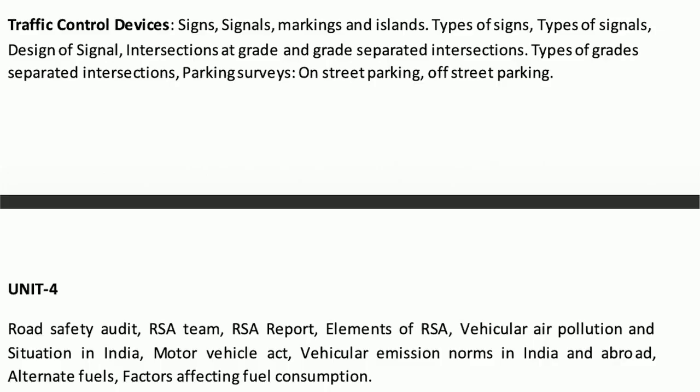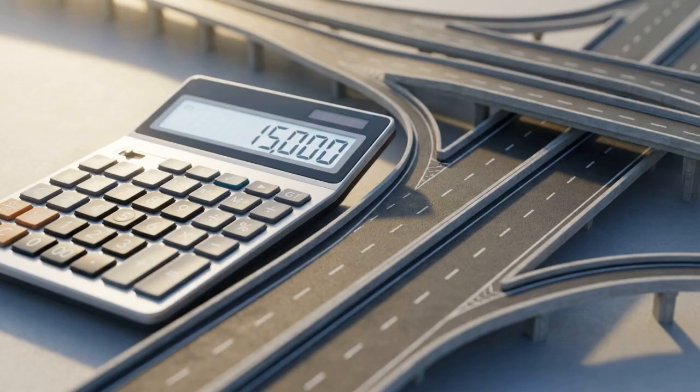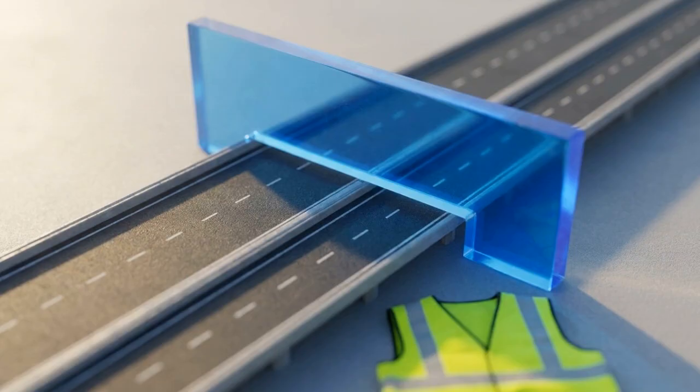The modern response is codified here in the Unit 4 syllabus, shifting from post-accident repair to pre-construction prevention. First, the Road Safety Audit eliminates risks in the design phase. Second, strict vehicular emission norms mandate managing the network's environmental impact. Engineers can no longer simply calculate expected traffic volume and lay down pavement. They must navigate these strict, proactive policy gates.